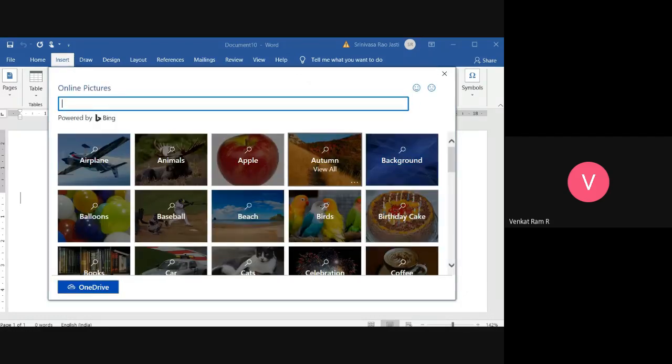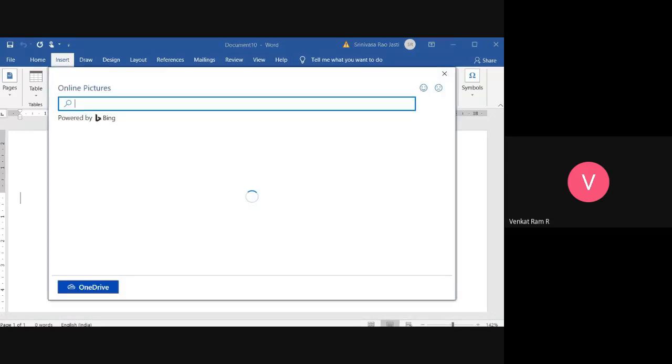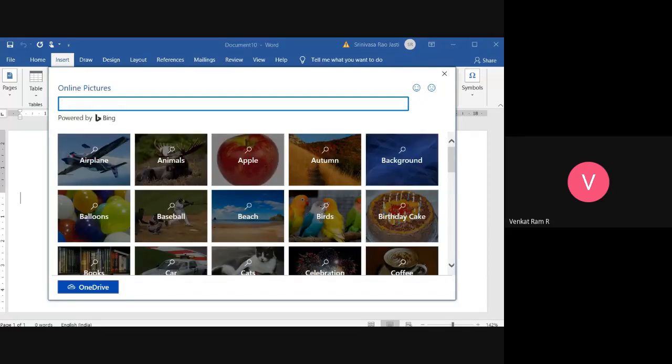Okay. And before you insert an image from online, there is a text. Can we clear it? What is there? Online picture. That's it, na? What text is there here?